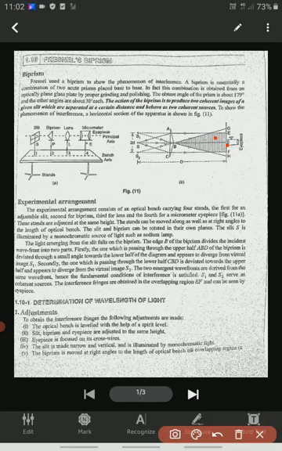These wavefronts appear to diverge from the virtual source S1 for the first half, and the second half emerges from the second virtual image S2. But the actual thing is that the light passes through the biprism, and this point B divides the image into two parts, but only virtually.